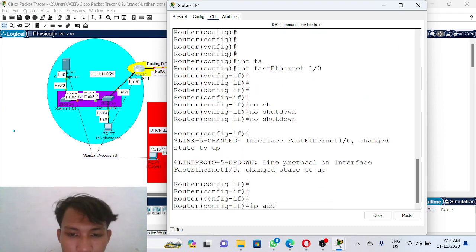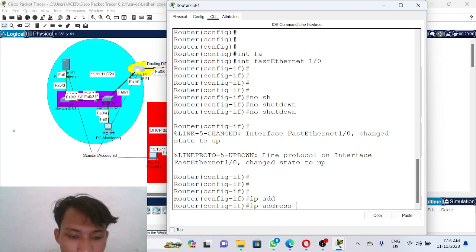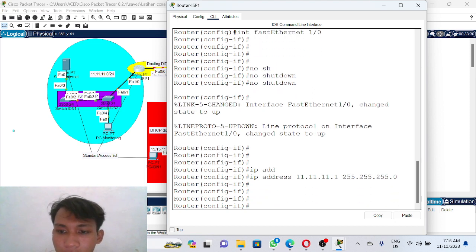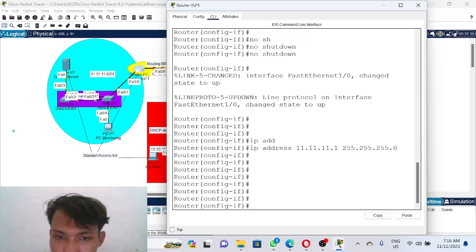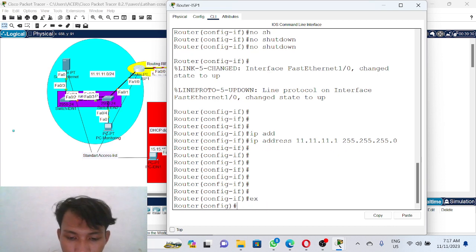IP address 11.11.11.1, the subnet mask /24. Okay, and then we go to the next interface. We exit first.